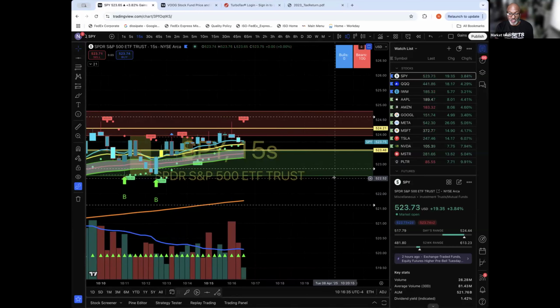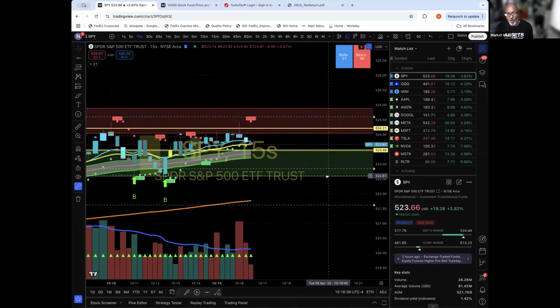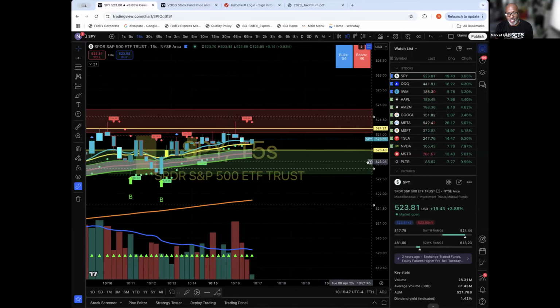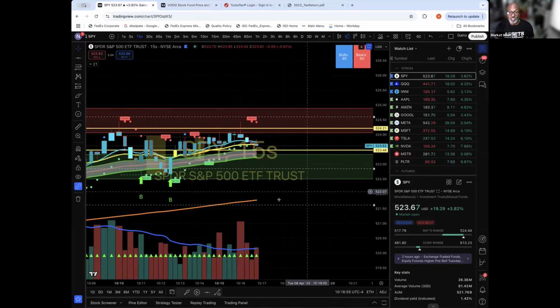Now, two things are going to happen. It's either going to bounce off of 523.48 or it's going to run right through it, right? If it runs right through it, then another level of support is going to be created, just like another level of resistance is going to be created. So literally,